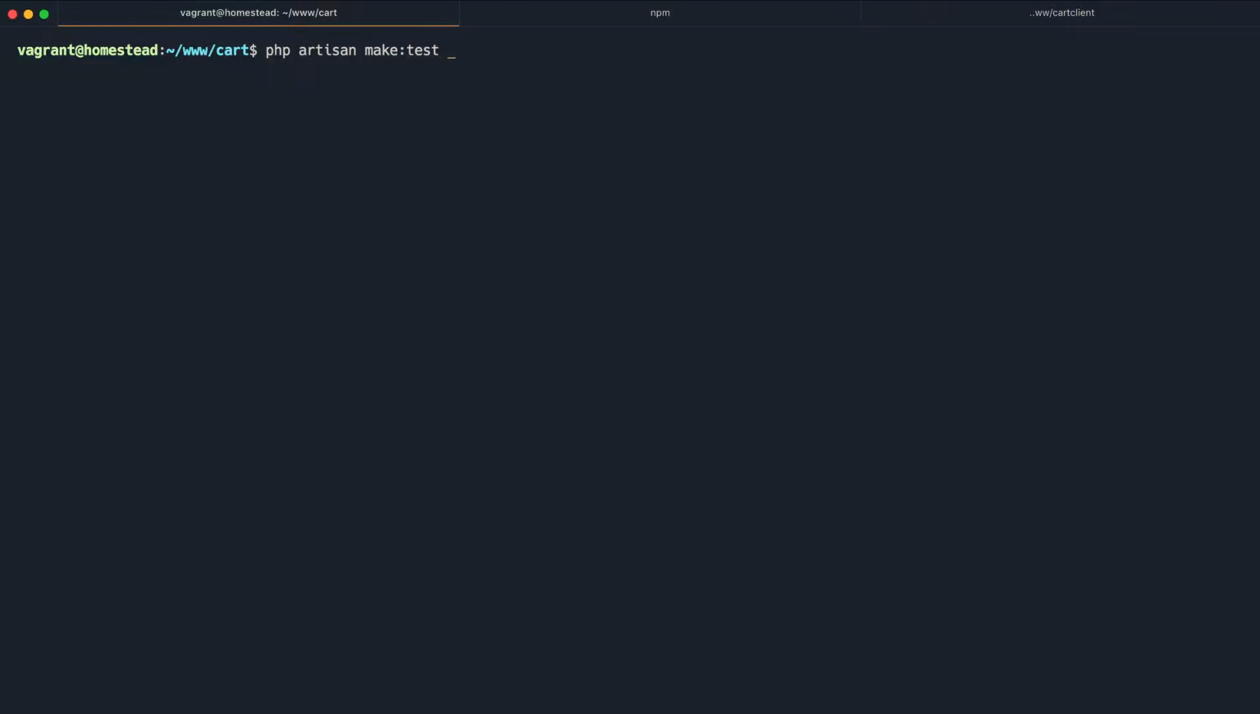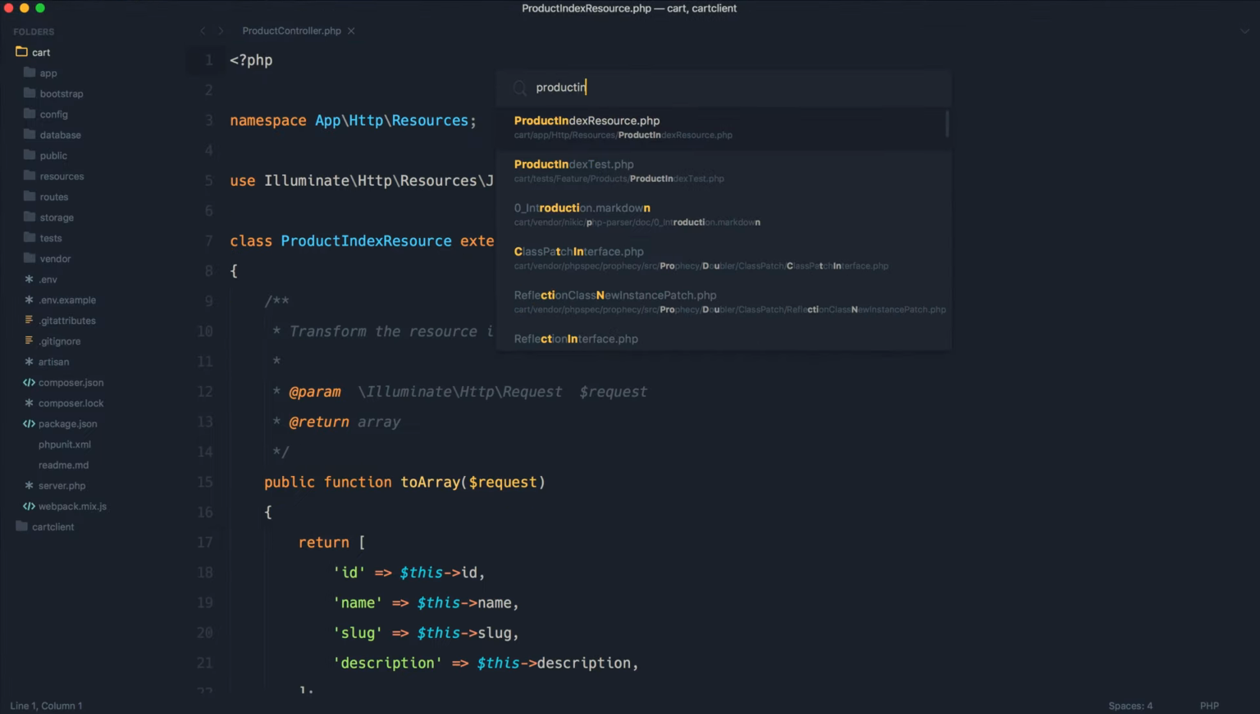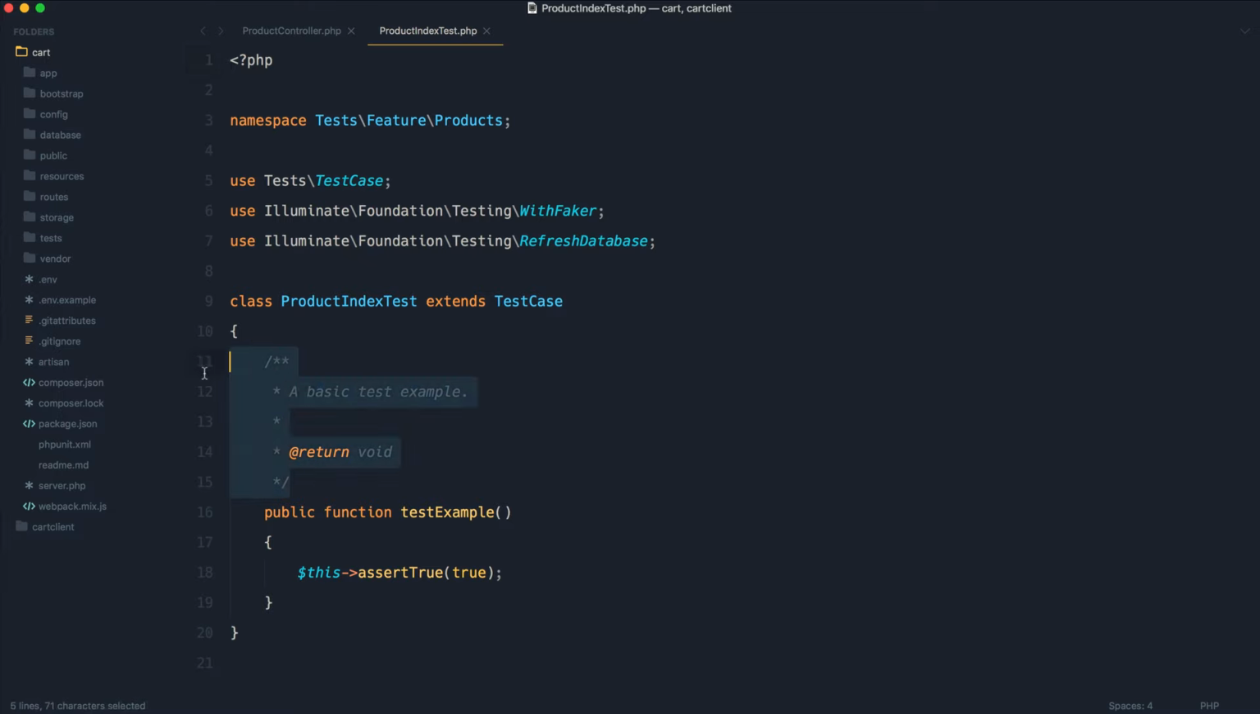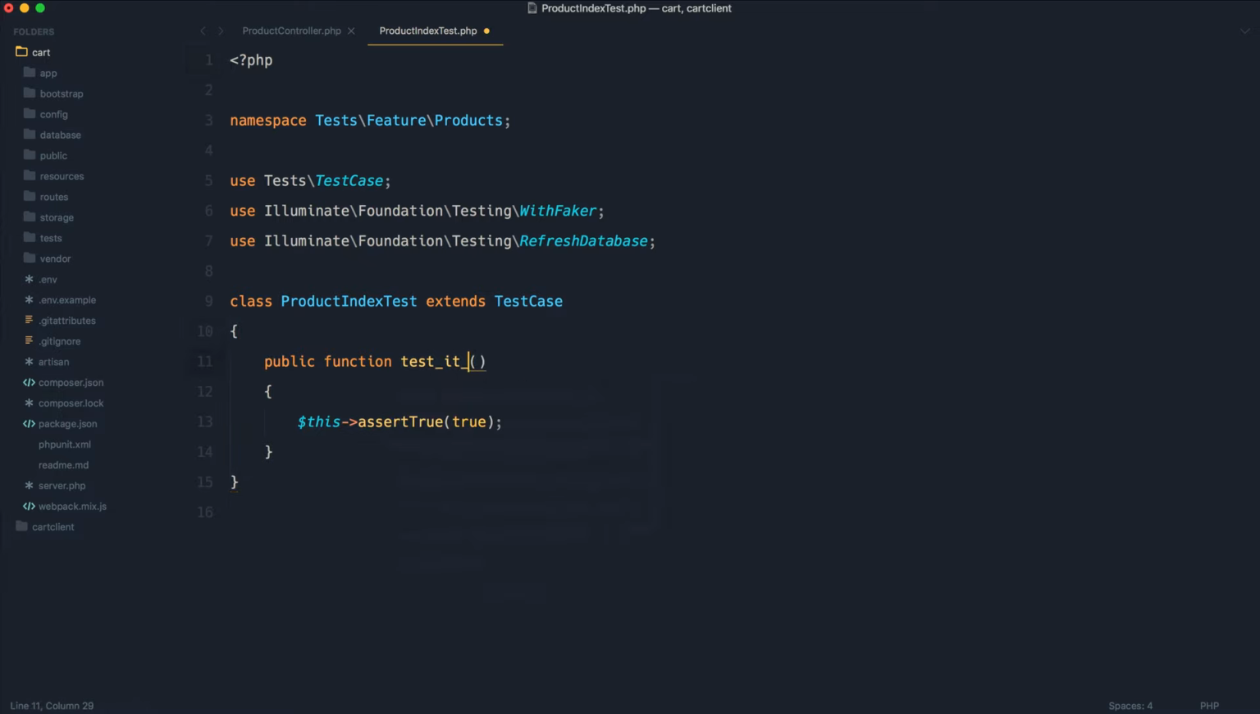So make test. And of course, this is a feature test in a product directory. And we're going to call this product index test, like so. So let's open up our product index test. And let's think about what we want to do. So test, it shows a collection of